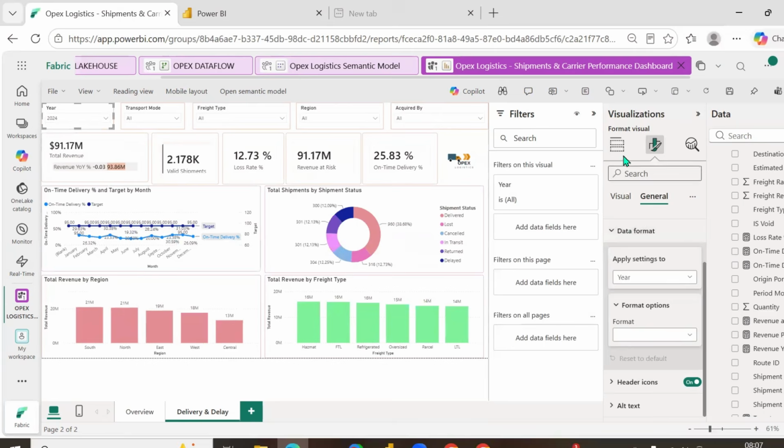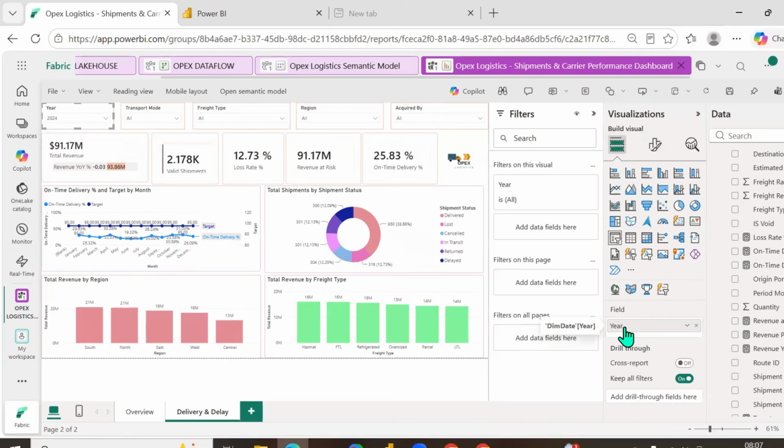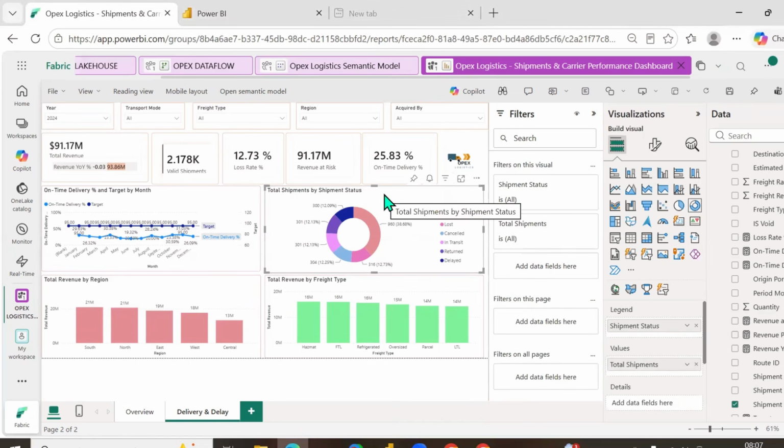So where is this year coming from? Let me go and check where this year is coming from. Date, yeah, it is the same thing. The year should be coming from the same date. Yeah. So the next one is on-time delivery and the target. And the next one is we can go for selecting the